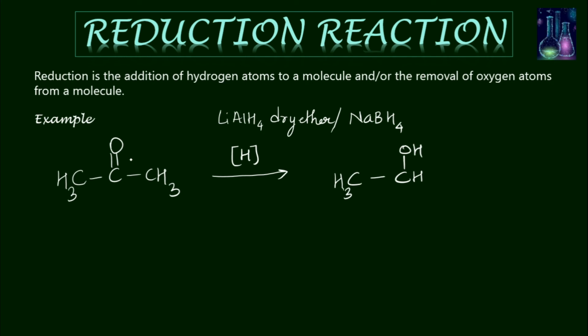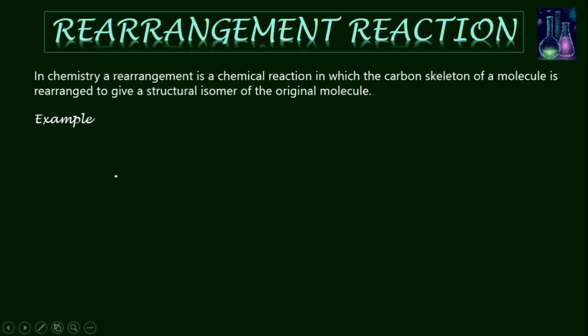So here the carbonyl group is converted into an alcohol group by addition of nascent hydrogen. So two nascent hydrogens are added across the carbon oxygen double bond, and therefore this is a simple example of a reduction reaction, and these are the most commonly used reagents. So I hope I have just briefly introduced the types of reaction. And we have a rearrangement reaction, that is a broad category once again.